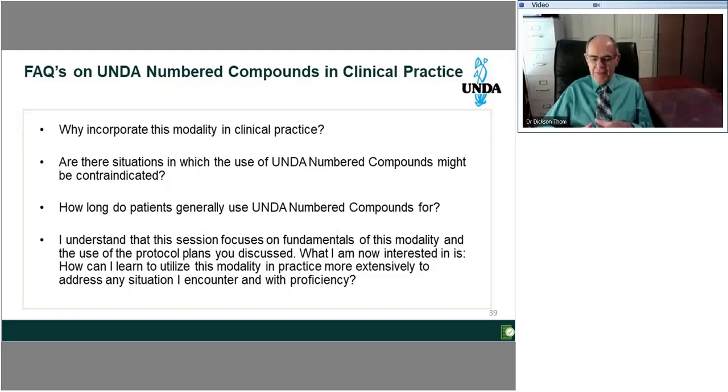So on an annual basis, I've been teaching a complimentary 7-series on UNDA numbers. So you could look forward to that, moving forward to where we address much more specifically. We go over specific type cases. We go over all 76 UNDA numbers in more detail, so you get an idea of the essence of the remedies. And of course, the incorporation of these, it isn't something where you take the 7 series,